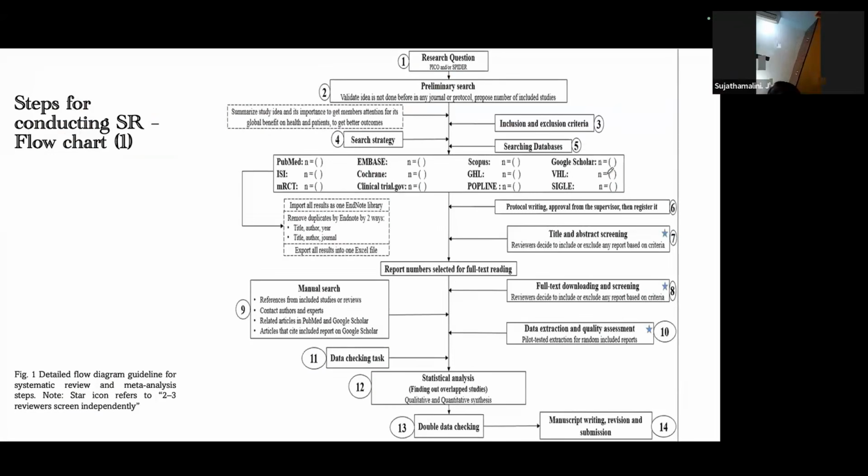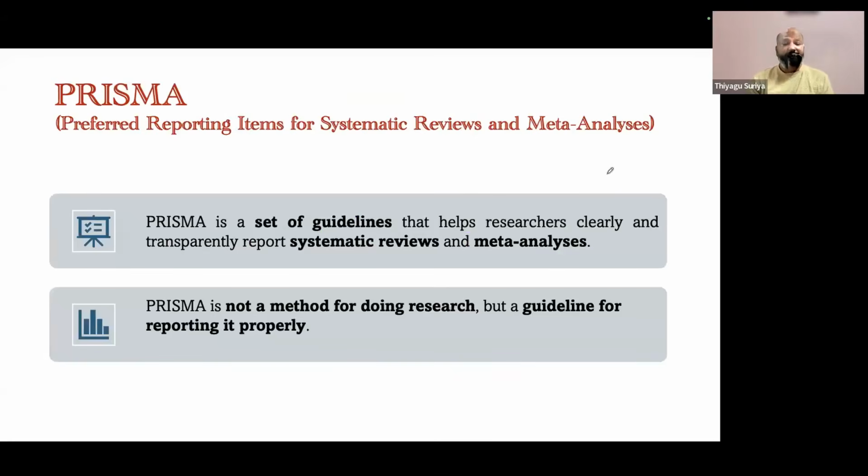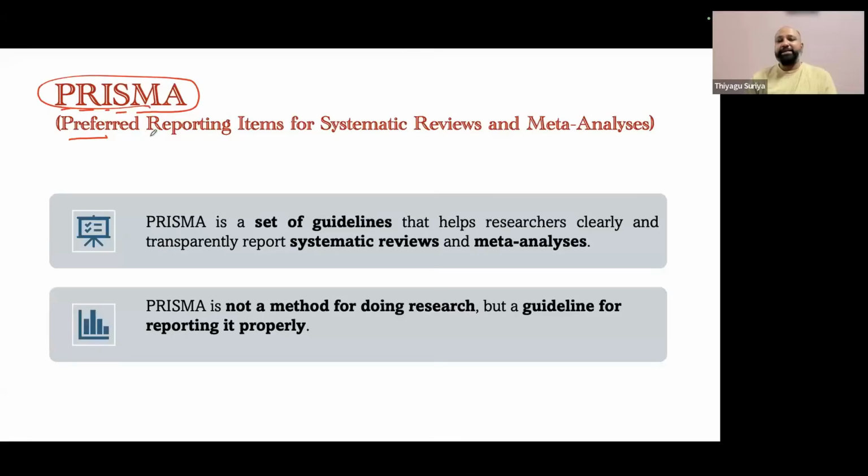So when you go with PRISMA, this is an abbreviation. P for Preferred, R for Reporting, I for Items, and S for Systematic Review, and M for Meta-Analysis, right? Normally, in the case of PRISMA,